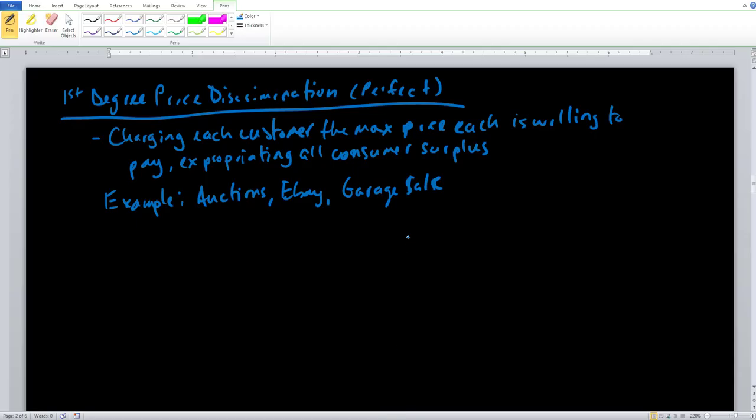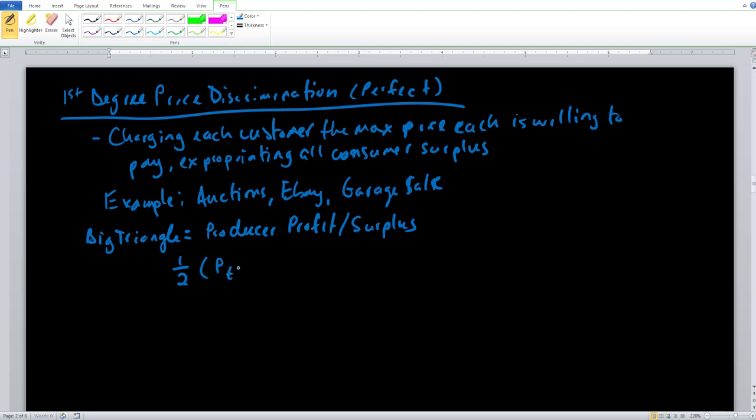So let's go ahead and write that down just so you have it in the back of your notes. Here, the big triangle is exactly going to be the producer profit or surplus. Here, we're going to use the words profit and surplus a little bit interchangeably. And of course, it is a triangle, so we can use the area of a triangle to figure out this area. It's going to be 1/2 times (PT minus PC) times (QC minus 0), 1/2 times the base times the height. And if we gave you specific numbers, you just insert them into the equation that you have right here. So first degree price discrimination is exactly where we're going to be seeing the producer profit being maximized